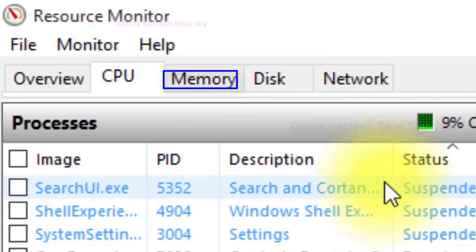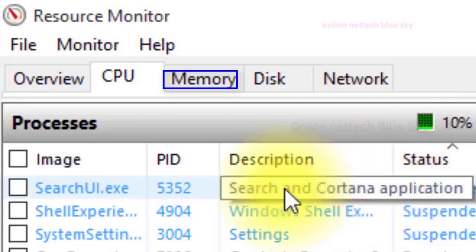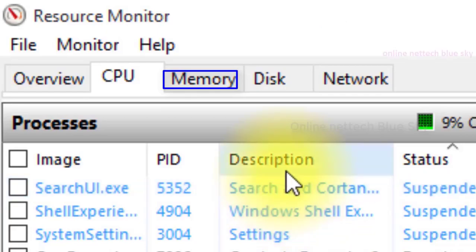What is memory? Memory means your RAM, computer RAM. This is temporary memory, and RAM is very important for installing your software and your operating system. Memory works for your processes and your data, showing your data on your screen.